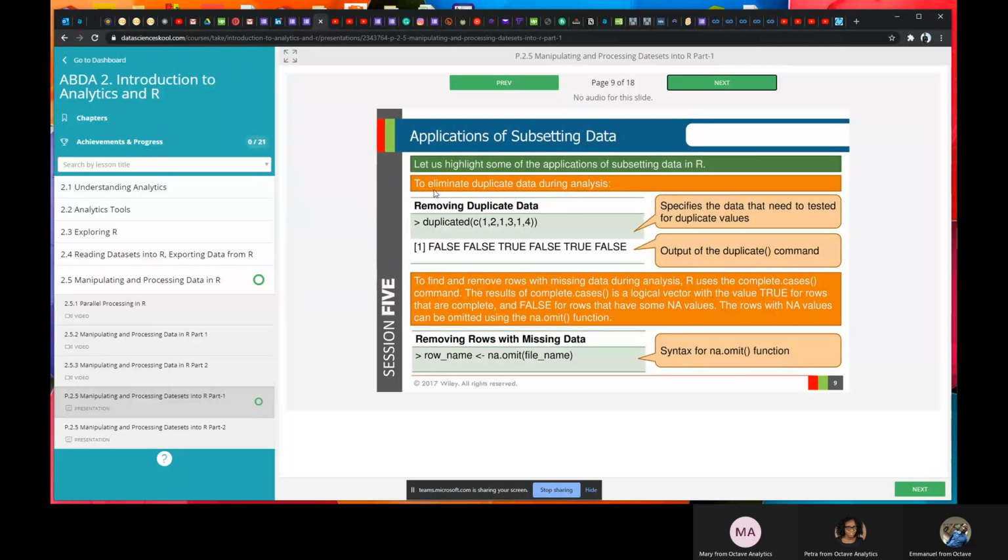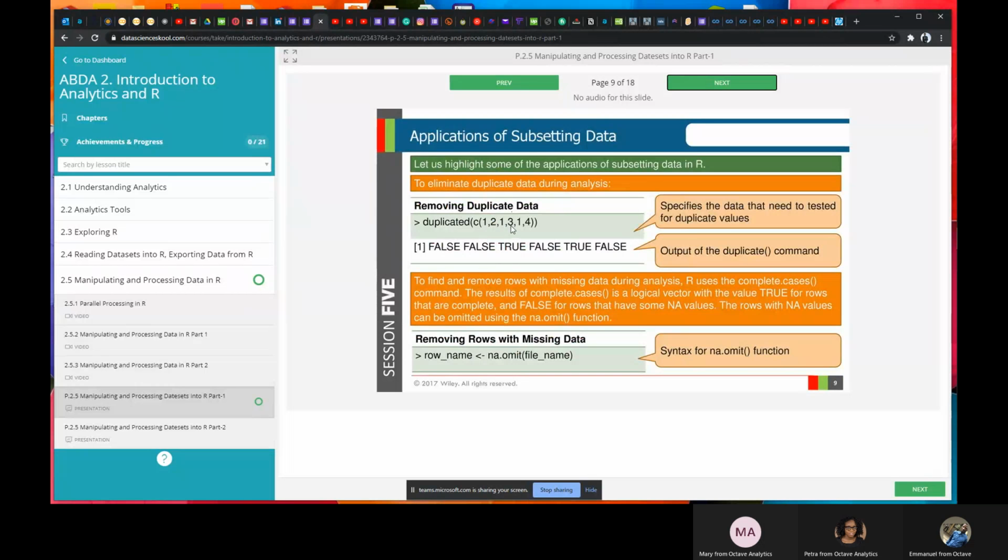So this is how it works. It goes into the data set and says, okay, the first number is going to be false, obviously. If the next number is the same as the previous number, then it's going to give you a true value. But since 1 is different from 2, it is false. By the time it gets to the next one, since 1 has already occurred before, it's going to give you true. So it means that it's a duplicate.